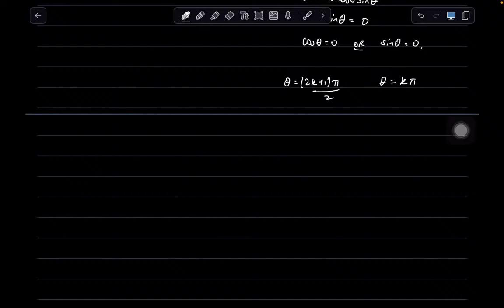If we can just use a little bit of common sense and find the right answer, right? So over here, if I write out a few terms of this series for the cosine, I can get that it's something like pi by 2, 3 pi by 2, but I want to restrict myself up to pi by 2, so I'll say, okay, theta is pi by 2. Over here I can say that theta is 0 or theta is pi. What does it mean for theta to be 0 or pi, and what does it mean for theta to be pi by 2? Let's imagine,